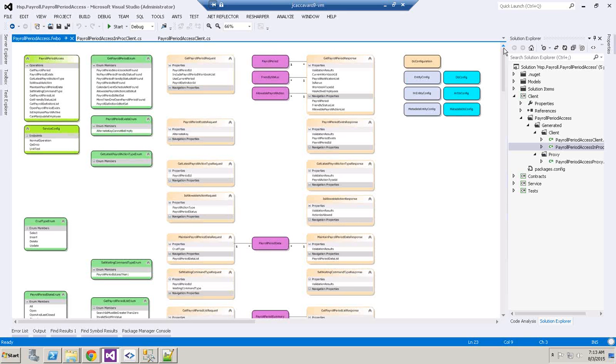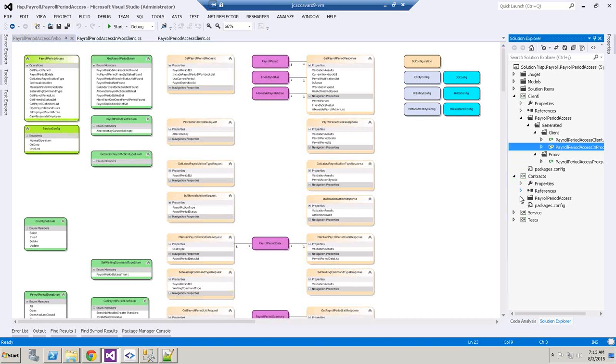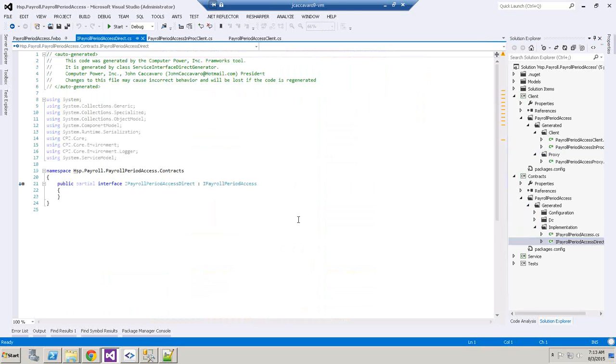And in fact, since you asked, I will go back to my contracts and I will show you something. IPayrollPeriodAccessDirect. This is an interface that implements IPayrollPeriodAccess. And Direct allows this service to be called as a library without going through the WCF